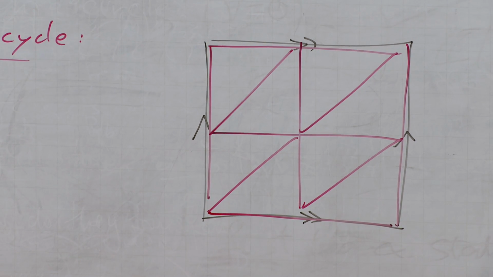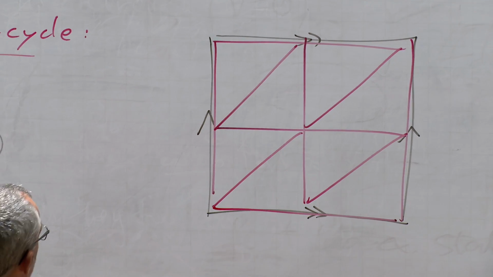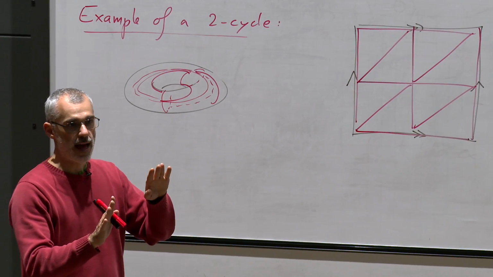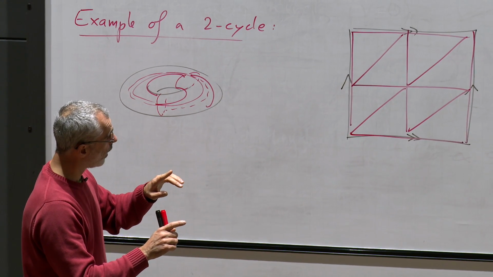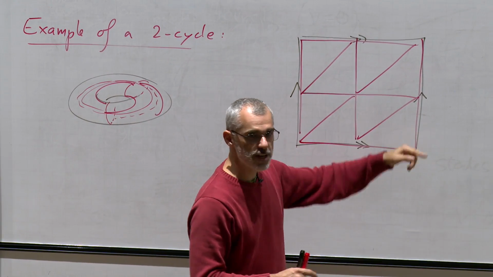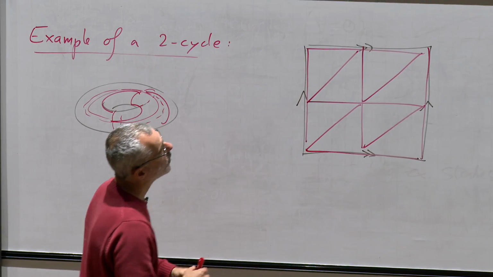So the first thing that you want to do, when you choose how to map delta 2 to the torus, is make sure that the directions of the edges are consistent. Because